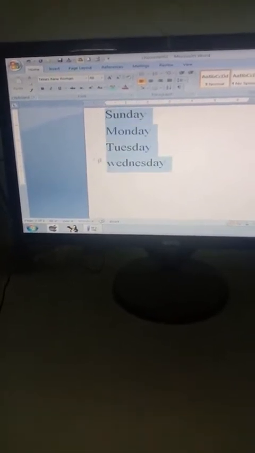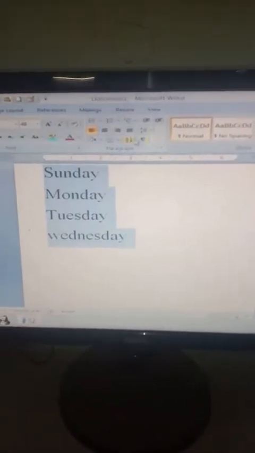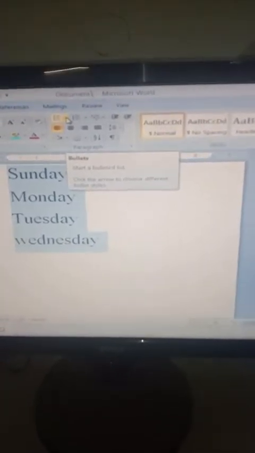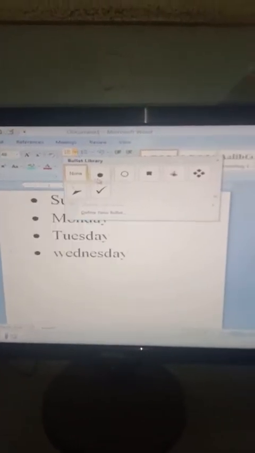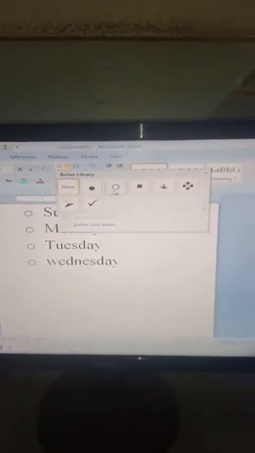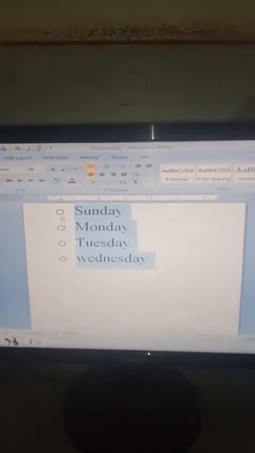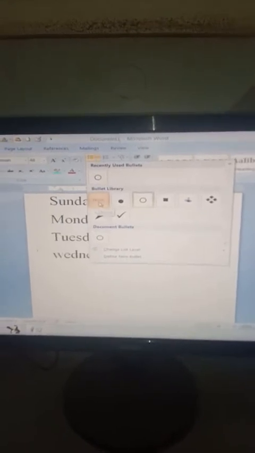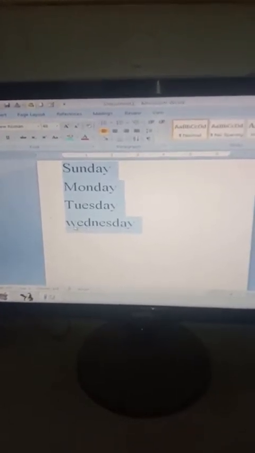I have selected the content, I move to the paragraph tab, and from the paragraph tab I move to the bullets icon. As soon as the cursor moves to the bullet icon, a bullet list appears, and as soon as I left click over here, different types of bullets appear. I selected this bullet and a bullet of this type gets inserted over here. Now if I want to remove the bullets, I just left click over here and select None. The bullets were removed. So in this way we can insert the bullets and remove them.